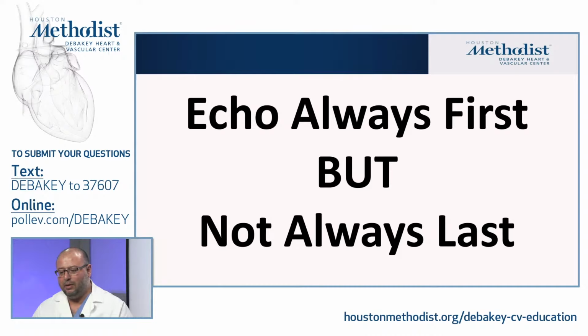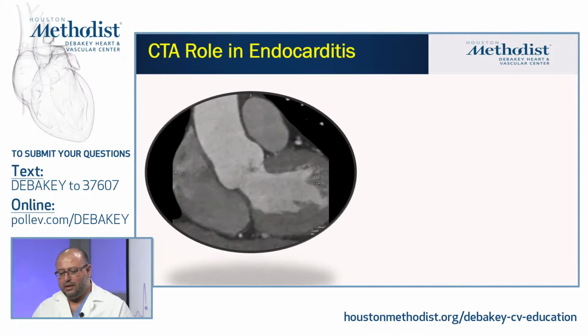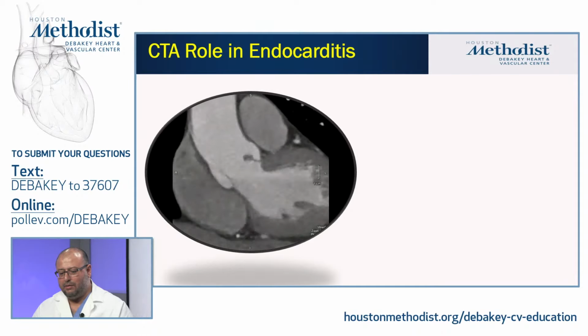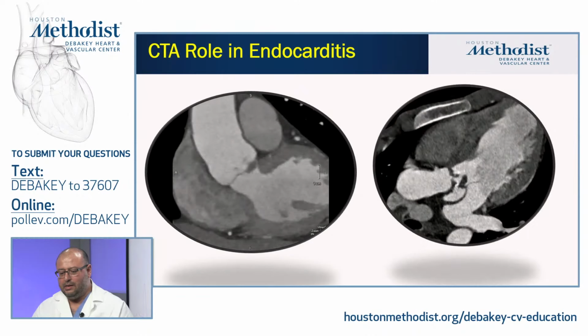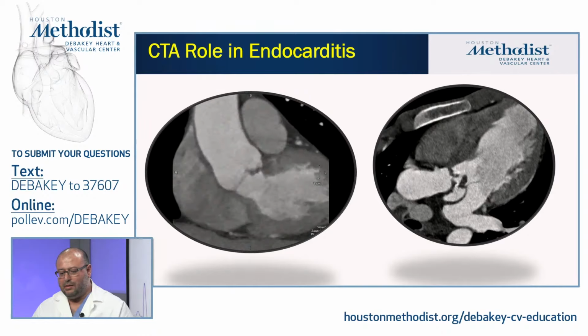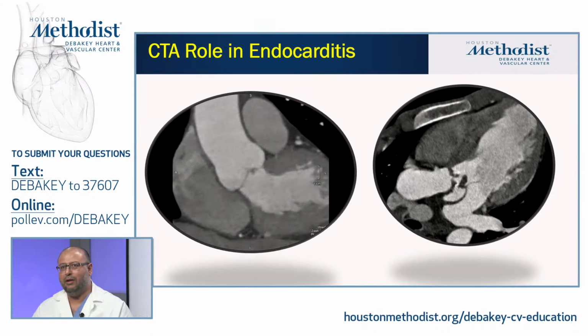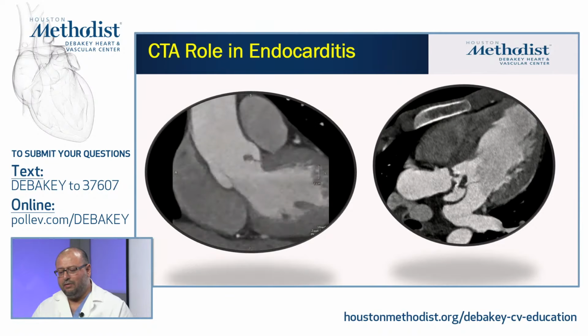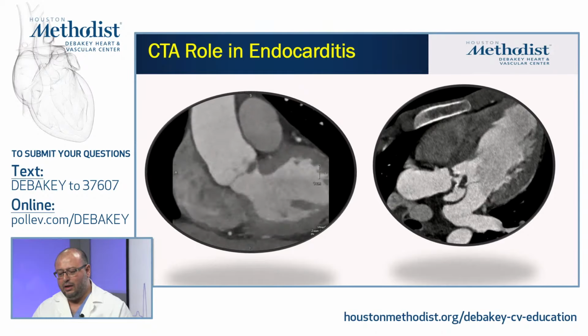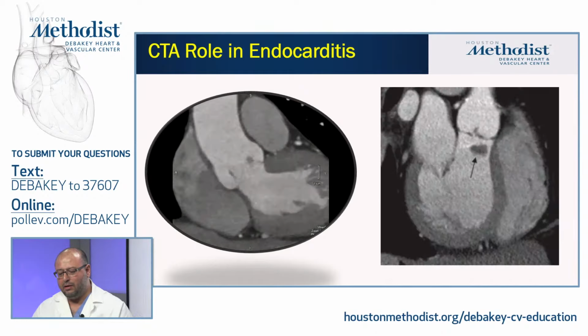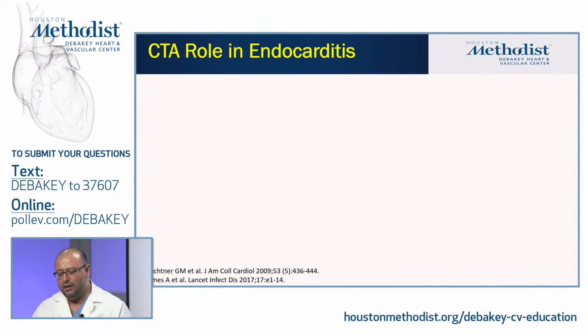So here's cardiac CT, and you can see that there is a vegetation on one of the leaflets of the aortic valve, and this can be easily seen by echocardiography. But most often this is sometimes an incidental finding on echocardiography. What we get referred for are more often the complicated cases where there is a fistula or an abscess to assess. And here's yet another assessment of the vegetation by cardiac CT.